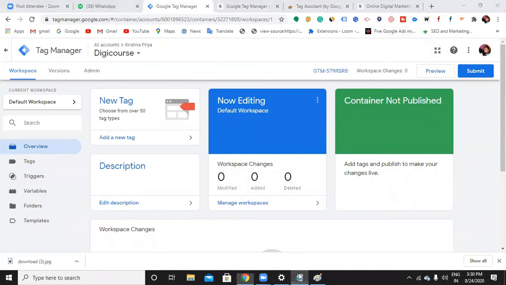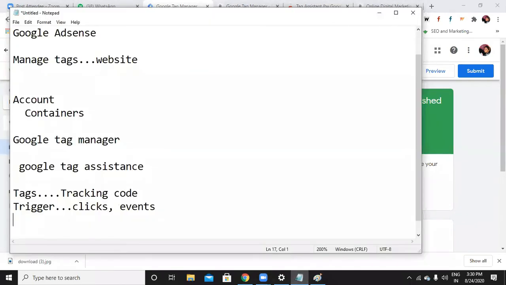Okay. And the next thing, variables. Variables means here you can insert what kind of products you are selling. So in the custom space, you can simply insert the specific tags over here. Now let's say I want to track a specific page, so at that time you can use this variable. Simply it is very useful for e-commerce kind of websites. So now I'll just show you how to use these tags and how exactly we can connect any kind of tracking with the Google Tag Manager.